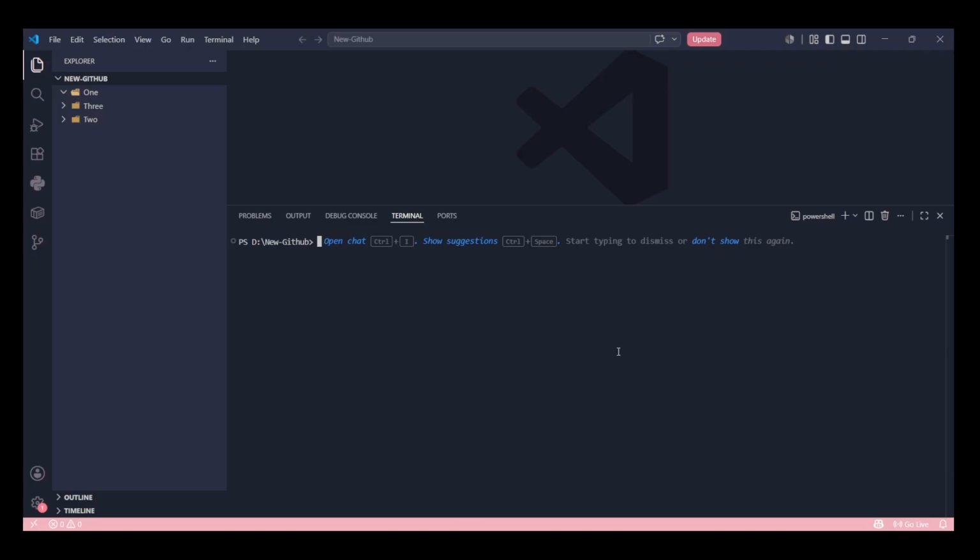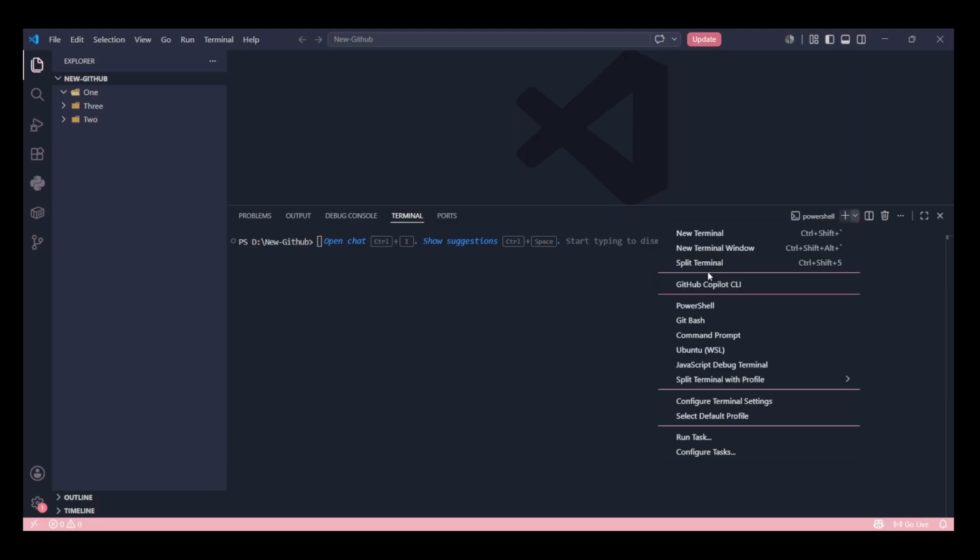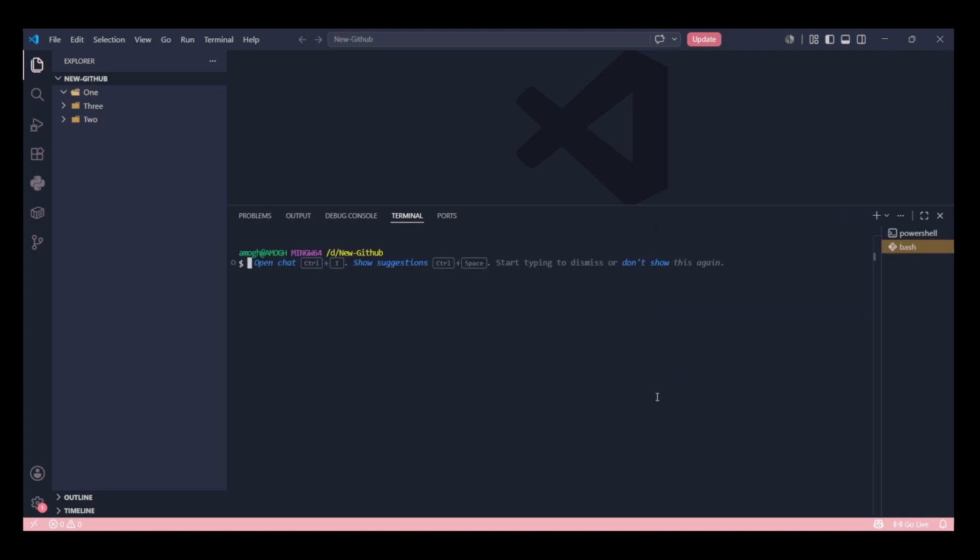We will be using bash, because it is important for tomorrow also. I'll just make you familiar with the bash environment right now, and I'll explain it to you tomorrow. Here there is an option called Git Bash. Don't worry, you need not install Git Bash separately. It is integrated into VS Code. When you install VS Code, you will get this. Now, this is the Git Bash terminal. Is it clear, guys? Yes, Amog, it's clear.